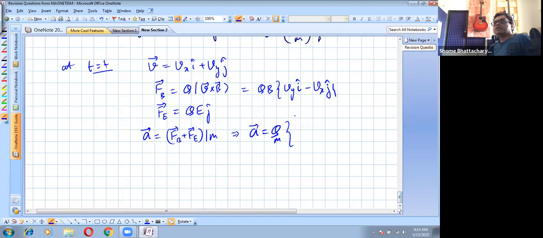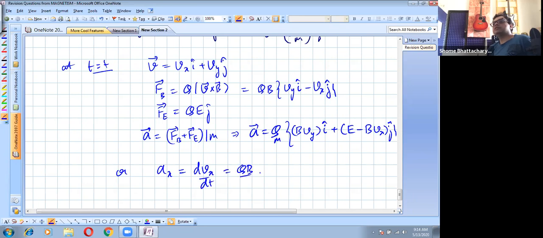Okay. So anyway, so this will be B Vy i cap plus E minus B Vx j cap. Okay. So we get what is called a coupled differential equation, that is x component of acceleration, which we can write as dVx by dt, that actually depends on y component of velocity. You can take this as one equation,